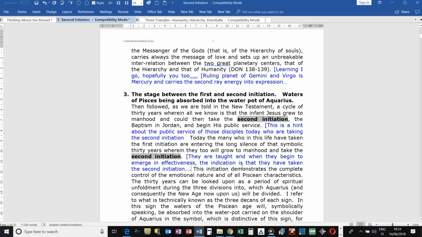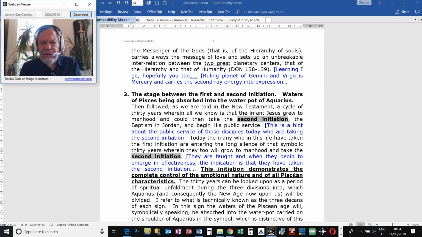Right. Okay. This initiation demonstrates the complete control of the emotional nature and of all Piscean characteristics. You sometimes think about America at the present time as the heir to the sixth-ray Piscean civilization, and its rays being 2 and 6, which are rays closely associated with the second initiation. And you can see that so many have not taken this degree, but that opportunity may be offered through the reorientation of desire to take this degree. The 30 years can be looked upon as a period of spiritual unfoldment